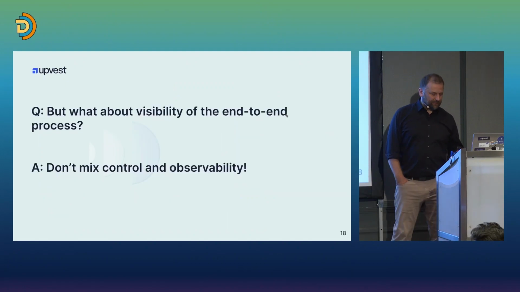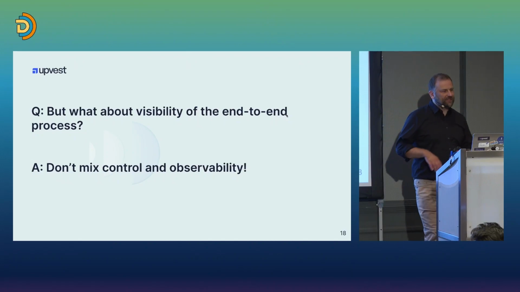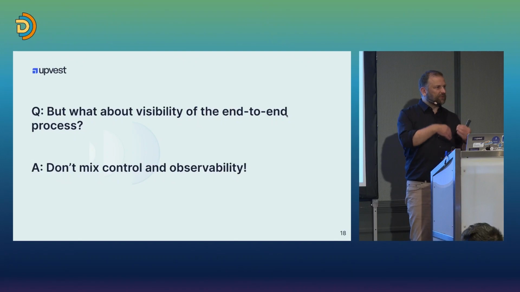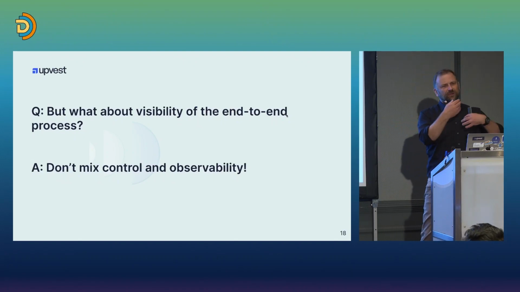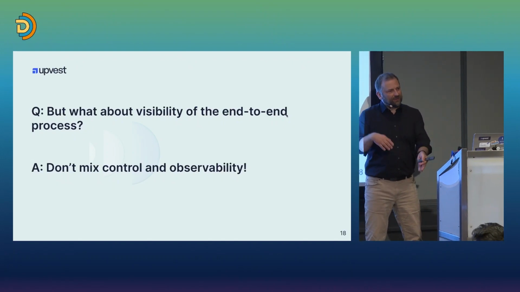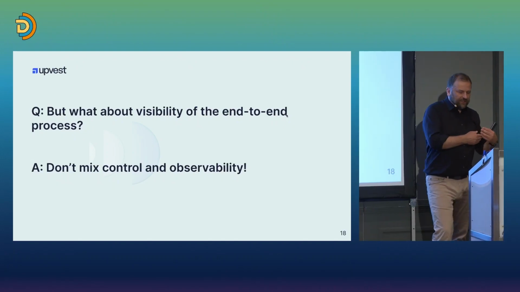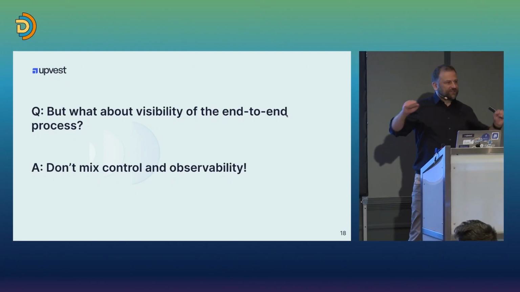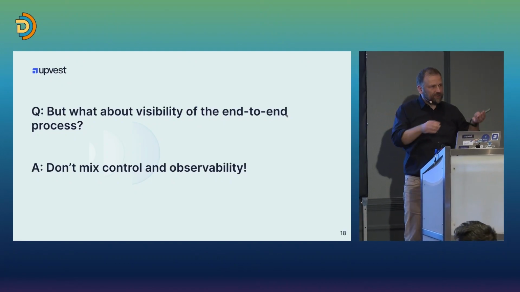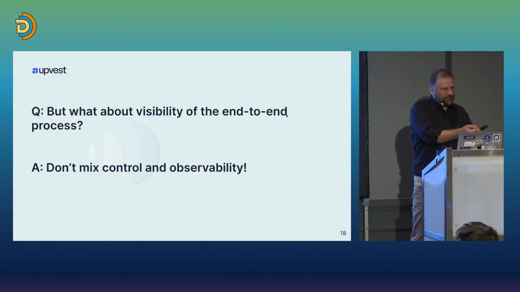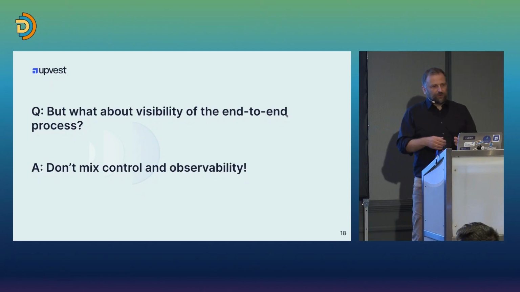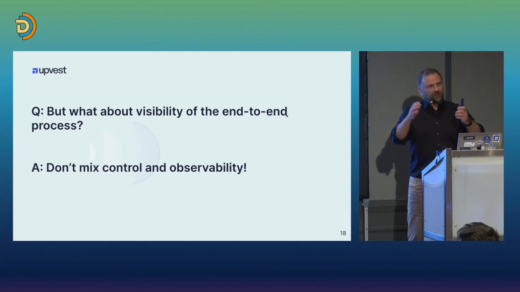Now, of course, you have a lot of people that are very skeptical of this. And they would say, oh, yeah, but the end-to-end process. What about the visibility from end to end? And, you know, the customer, they want this. So don't mix this up. Don't mix control and observability, right? They're not necessarily connected. And if we don't have to connect things, we should keep them separate, right? Keep things simple, focus on one thing. Don't make them complex, dealing with different things. Control, you usually want to distribute, right?